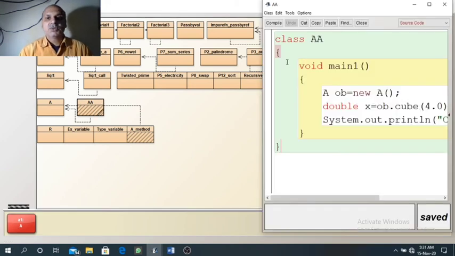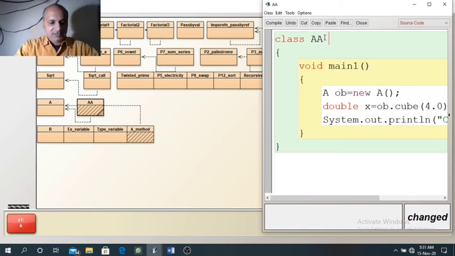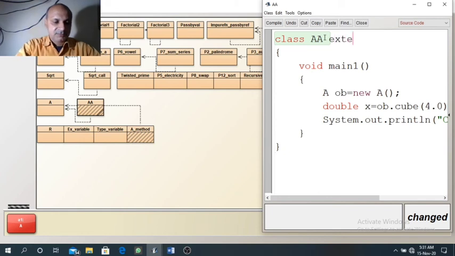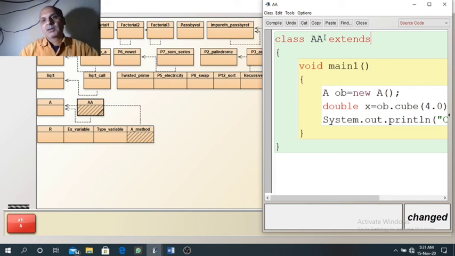But when we have to use the protected function in another class, then during inheritance it is possible. And to inherit a class, I am going to inherit class A in class AA. So we write the keyword extends. After extends, the class which we want to inherit.